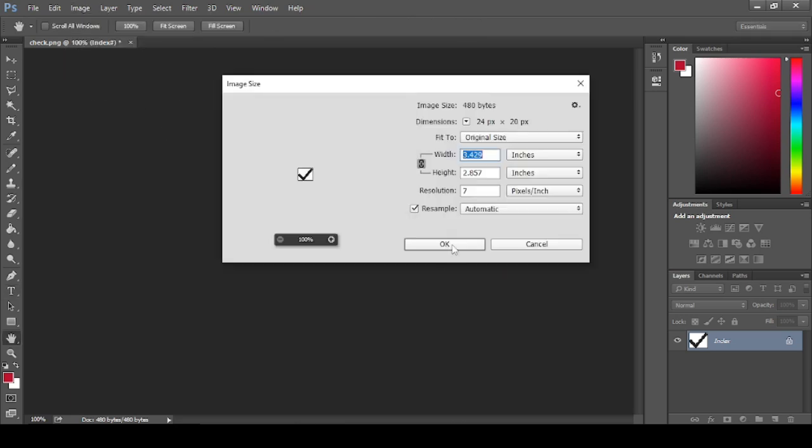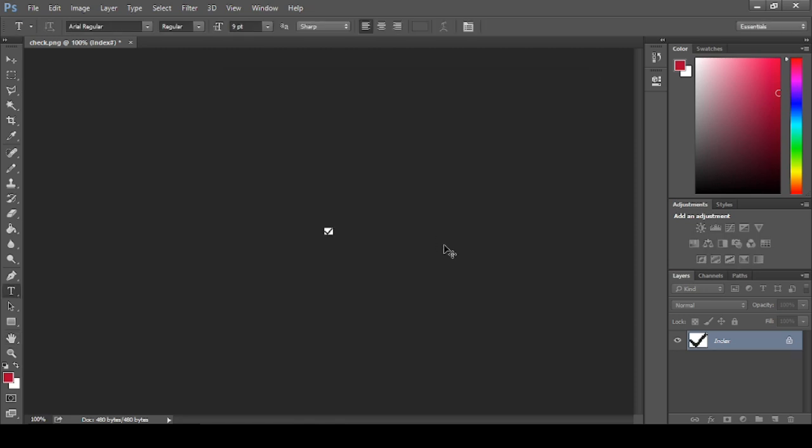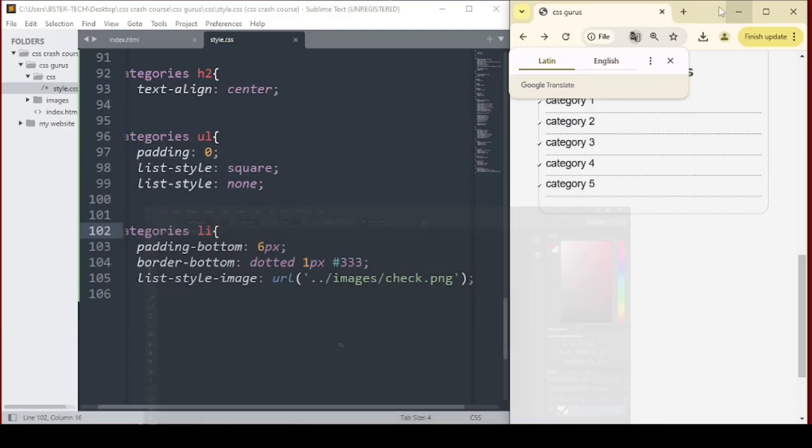So let me just change the image size. Let me just use something like 5, or let me say something like 4 pixels. So if I save this now, I save by pressing Control S. So if I come back here, if I reload this,